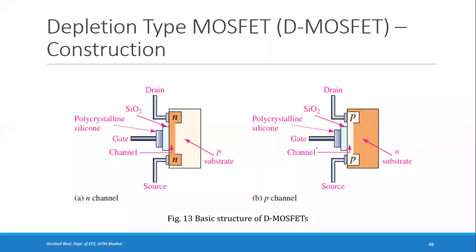In enhancement mode, you have to connect a negative voltage here. Because of this negative voltage, there will be negative charges on the gate. Because of that, on the other side of the insulating material, positive charges are induced. Those positive charges get added up with the charge carriers in the channel, and thereby they increase the conductivity, which will increase the drain current ID. So that way you can explain the operation of a P channel D MOSFET.